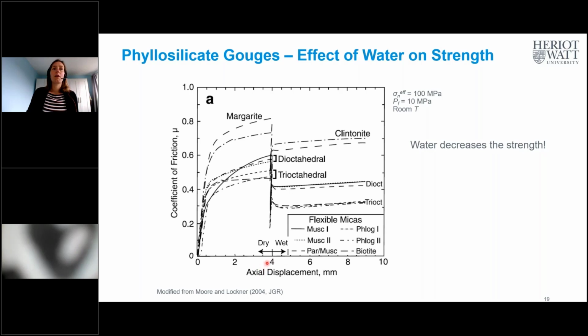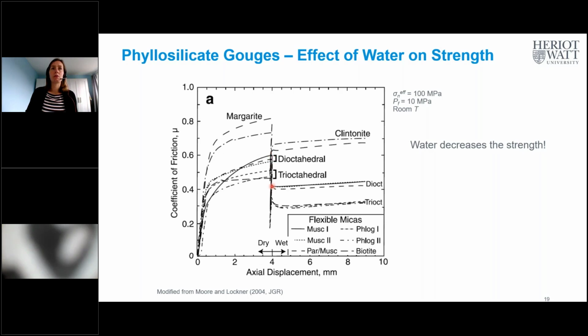And what these authors did is they started deforming the phyllosilicate under dry conditions, up to 4 millimeter displacement. Then they introduced water, and then they continued with the deformation under wet conditions. And what you see, if we focus here on the solid line, which is muscovite, you see that when the